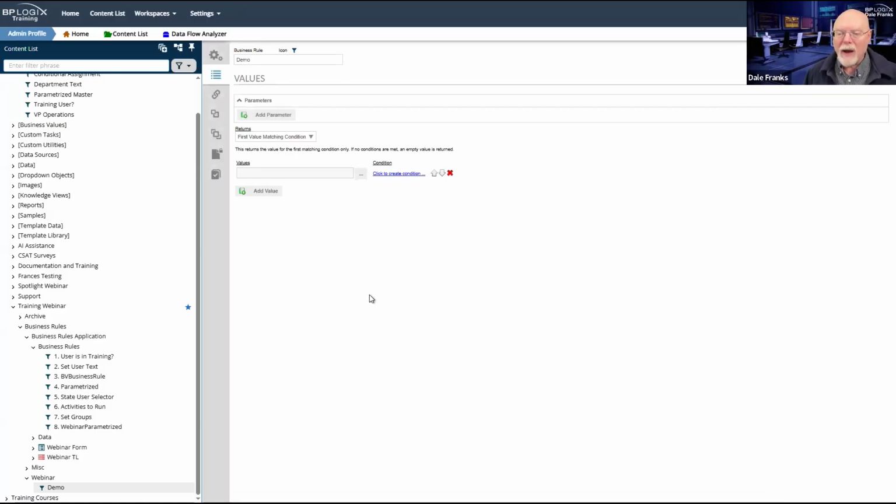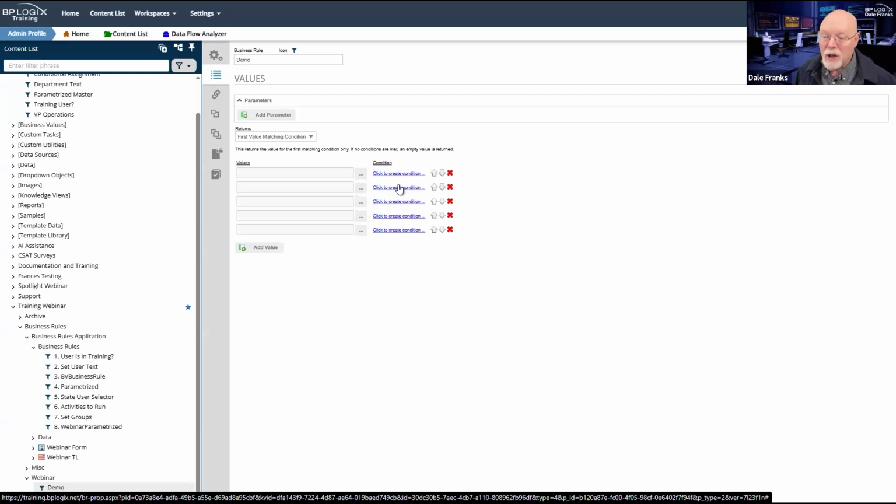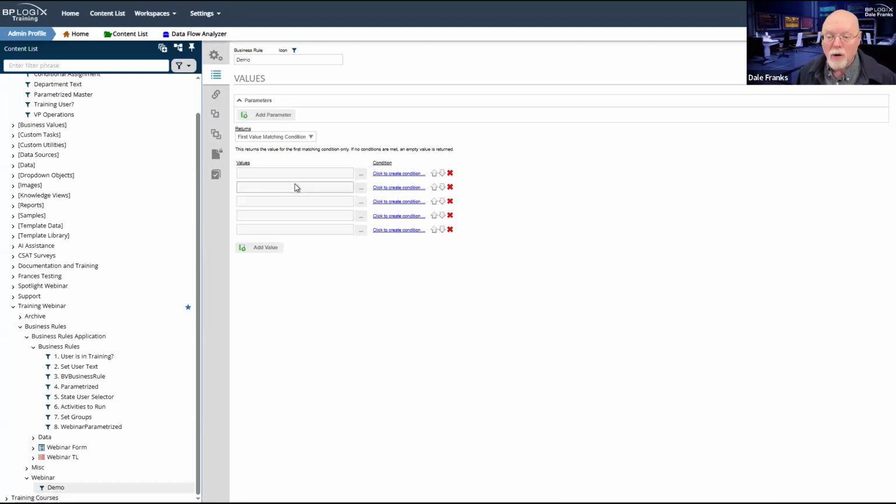So I have some other options. I have first value matching condition, where I can actually have multiple values, and each value would presumably have a condition. When the business rule runs, it will start at the very top of the list and check that condition. If that condition is false, it will fall to the second condition from top to bottom. If that condition is true, it will return that value, and it will stop evaluating at that point.